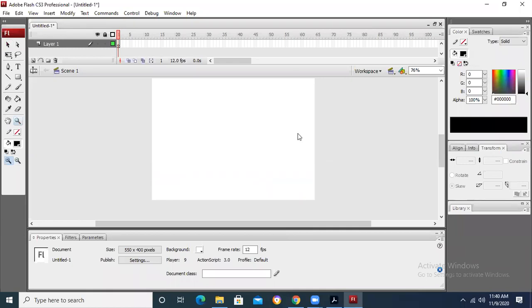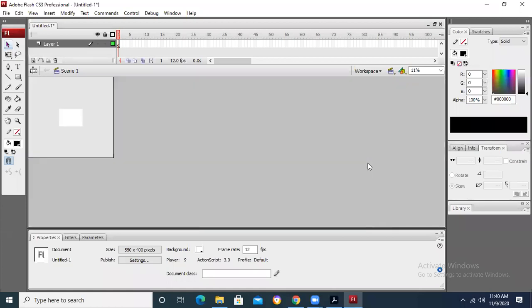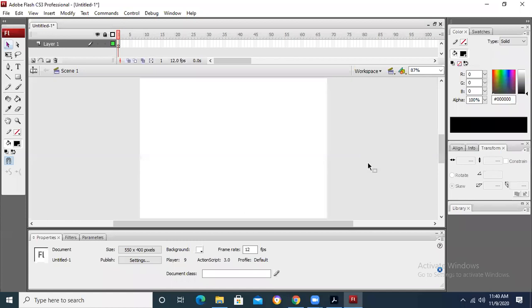By using M or Z, you can apply it. But if they are not working, I have told you the option Control minus and Control plus. These are the simple options. Right now, if I press Control 2, it will make it a complete stage according to the available size. Control minus to make smaller. Control plus to zoom in. These are the simple steps.